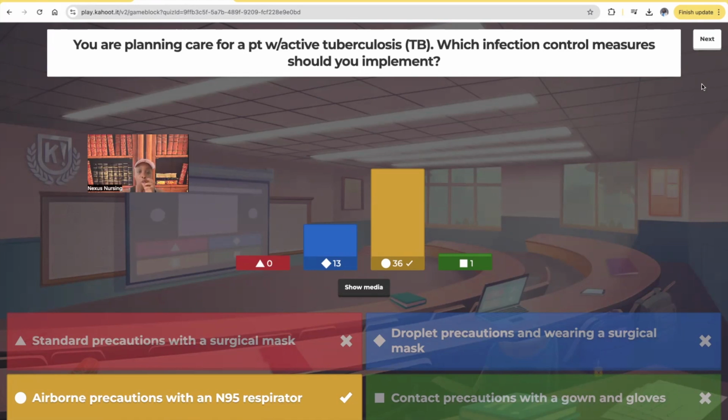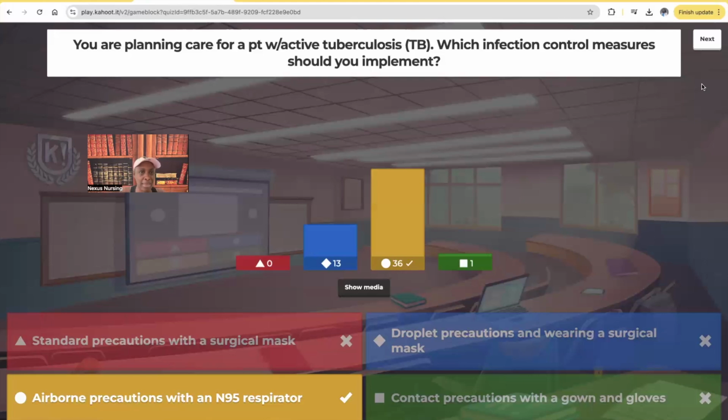And here's why. When it comes to airborne, these particulates are very, very small. They're going to be less than 5. What does that stand for? Not mini microns. Micro? No. Oh my gosh, what does that stand for? Micromillimeter? I don't remember, guys. I'm having a brain fart. But I'll tell you now, when it's airborne, it's very, very small. It's less than 5